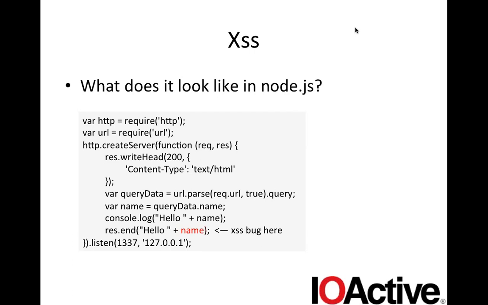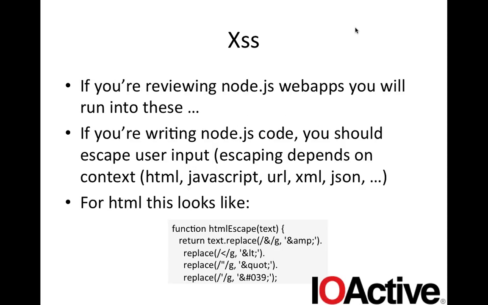Now we get into the three types of security bugs I've seen. I'll start off with what I call, between quotes, modern web app security bugs. This is the stuff that you see in most applications. It's not node.js specific, but I want to cover it because they do occur in node.js as well. I'll show what it looks like in node.js. For the modern stuff, I'm assuming people know what these bugs look like, and so I'm assuming people know what cross-site scripting is.